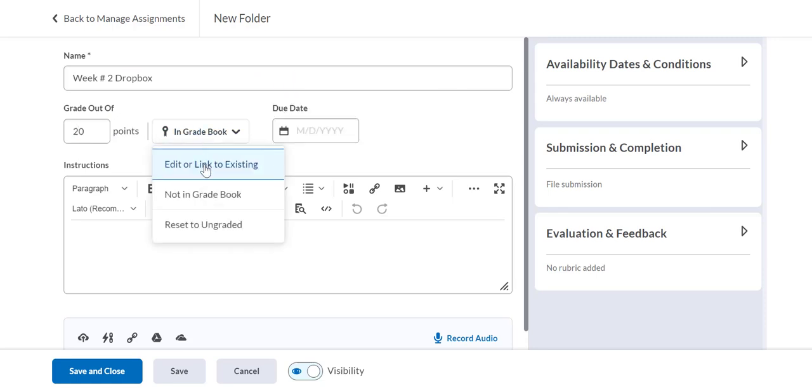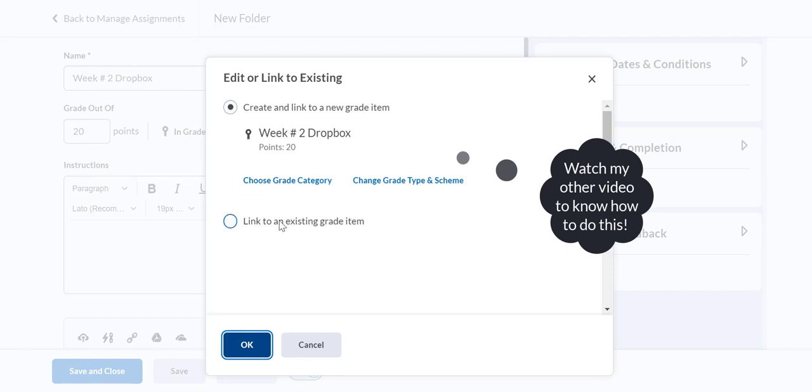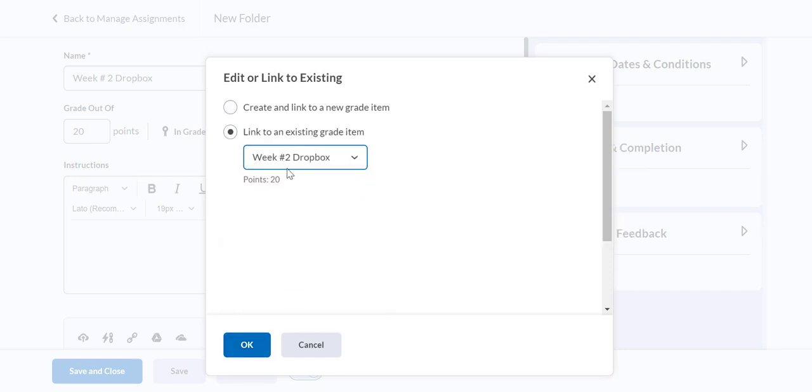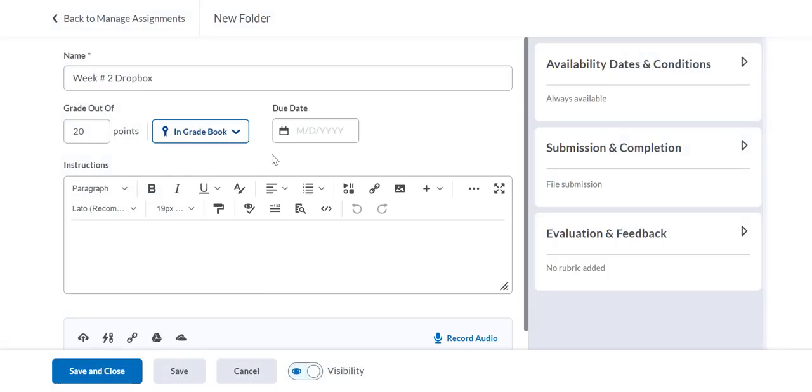I'm going to link it, make sure it's linked in my gradebook. Week 2 Dropbox, which is what I covered in my last video. If you need to know how to do that, go ahead and scroll up on my page. Now I'm going to go over here to